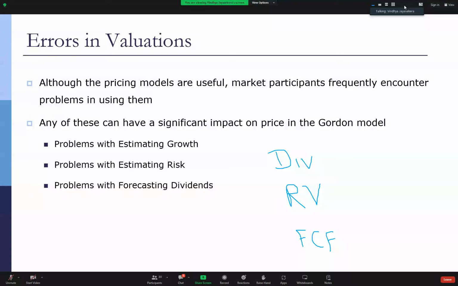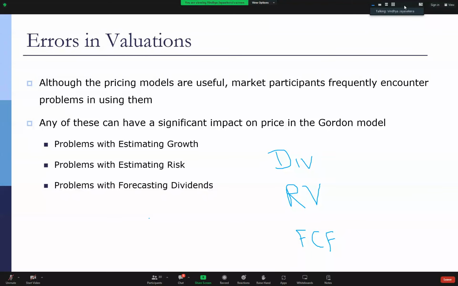You don't have any insight into the fact that they are buying a new, let's say a new furnace, which is going to improve their efficiencies and therefore their costs are going to come down by this much, right? You have no insight into the company. All the numbers that you put are just garbage. We say garbage in, garbage out, right? So it's very important for you to figure out